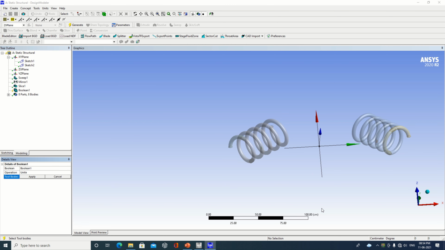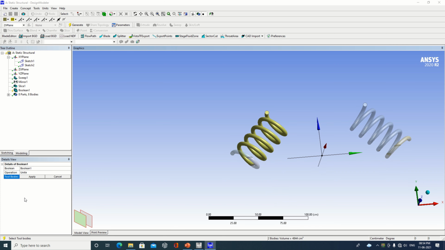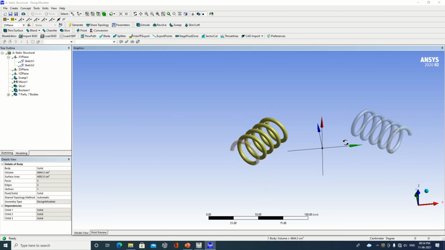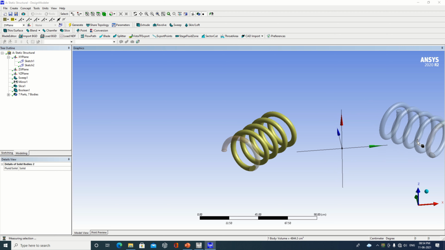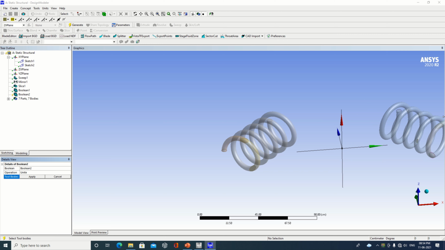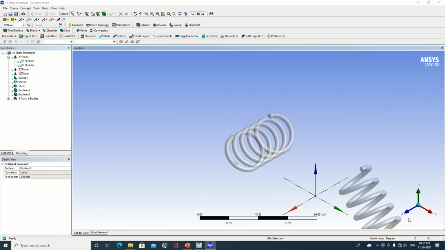So go for boolean operation. Whatever surface we have, this body and this one, make this a unite part. Okay, make it generate. So you will see this as one complete body. Same way, on the other side also, do the same thing. One more time, do the unite operation. Select two bodies over there, make it apply and generate. So in both of these cases we have generated the body.